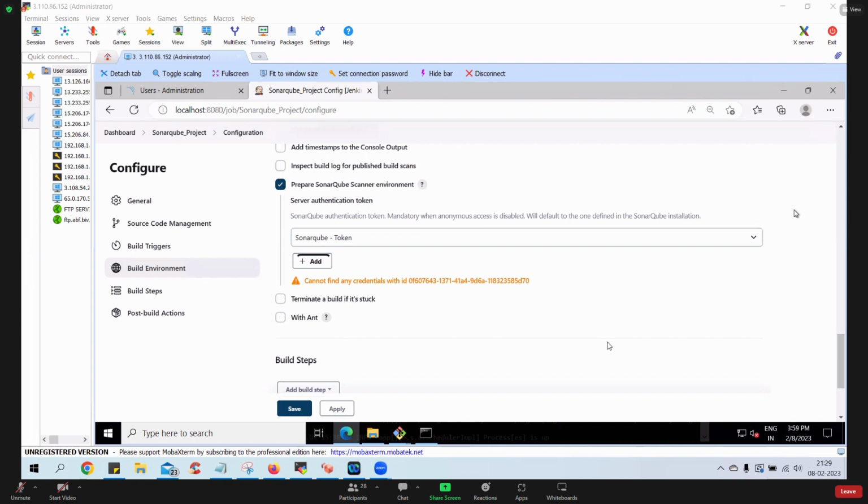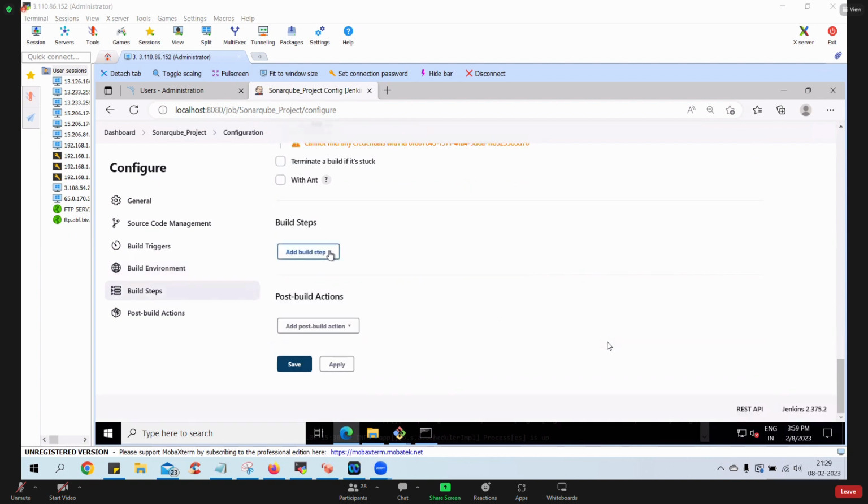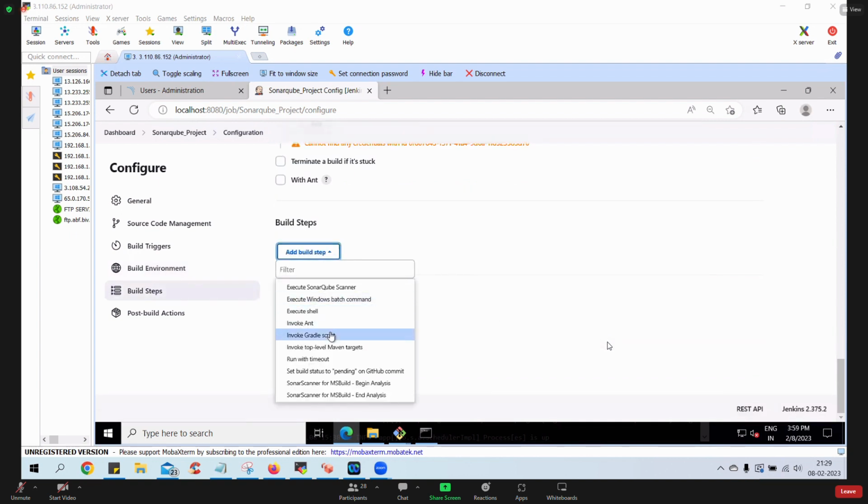Confirm. You need to put a check mark for prepare SonarQube scanner environment. Put a check mark and attach your token there, because we already fed the token to Jenkins. Now under the build steps, please select